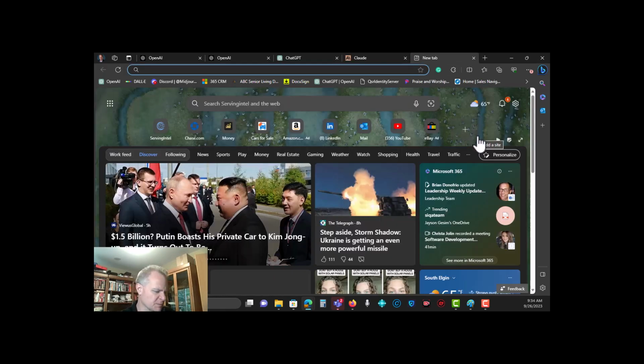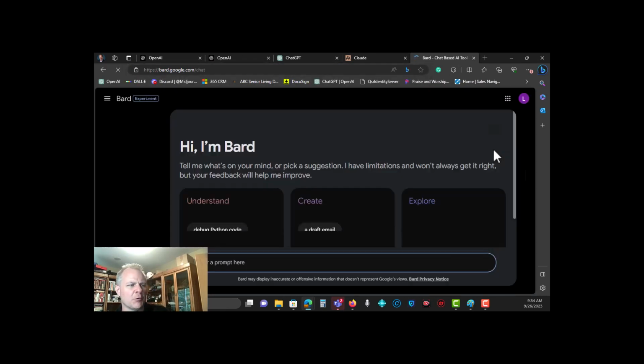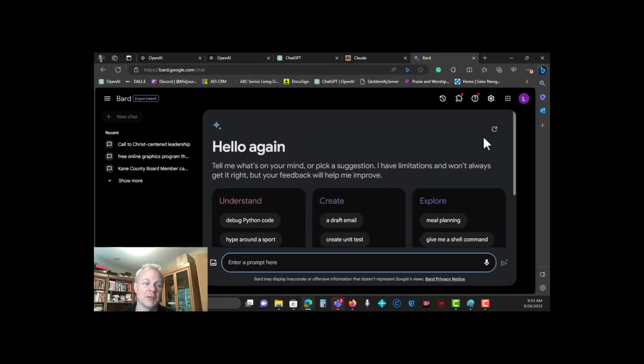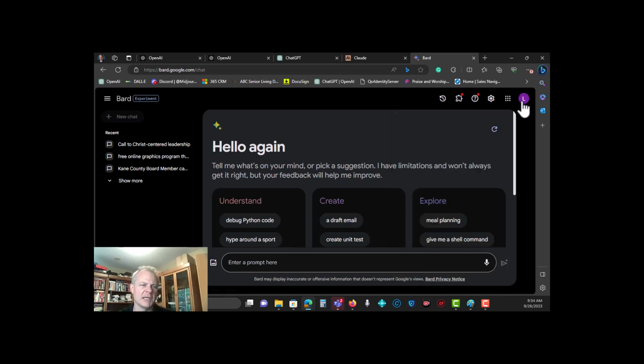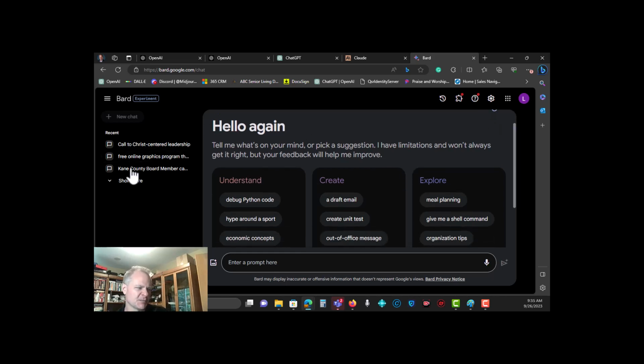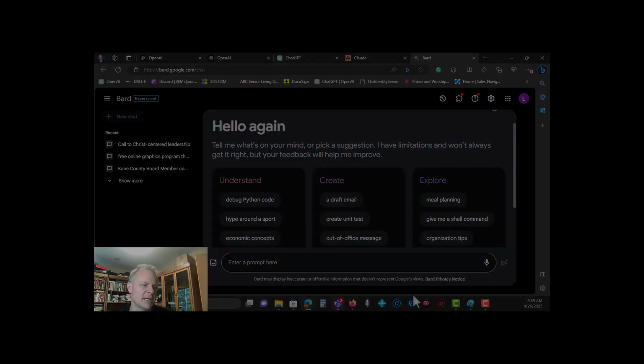And the final one we're going to do is Bard. Bard is a solution by Google, and all you need is a Gmail account. You have to have a Gmail account, and it can't be a corporate account. I've got a lot of different Gmail accounts here. It can't be one that's tied to a company. It has to be personal. This is my personal Gmail address right here. I sign in with it, and this is what you get. Actually, there's not really a sign up process. You just come to bard.google.com. It's going to ask you to sign in with your Gmail account, and then it already knows who you are, so you're straight into the account. And then you'll see something similar to ChatGPT here on the side.